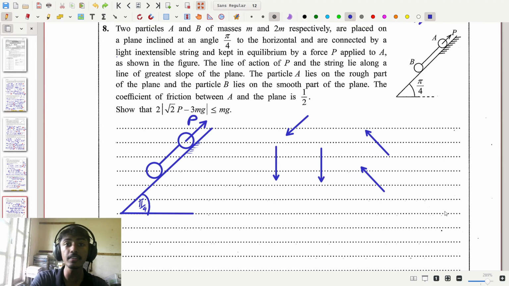2024 A-Level Combined Mathematics Paper 2 Part A question number 8. This question has to do with equilibrium of a system of forces and friction. The question says, two particles A and B of masses m and 2m respectively are placed on a plane inclined